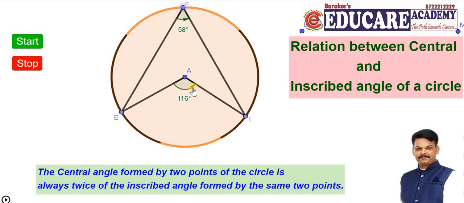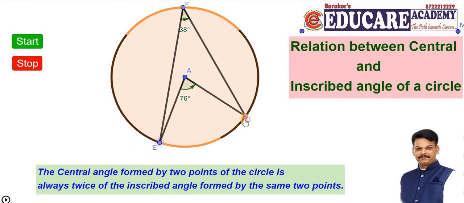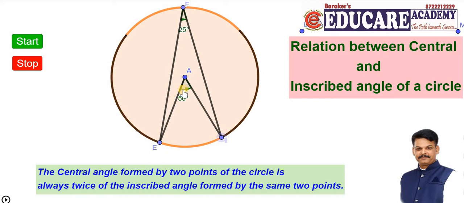Now if you change this central angle with the help of a change in the position of these two points, for example, if I make it say 130 degrees, then observe the inscribed angle, it is 65 degrees now. So therefore it is exactly half of the central angle. Okay, so you can make these changes in any manner, and with every such angle, see here, the central angle, if it is 50 degrees, then the inscribed angle is 25 degrees.